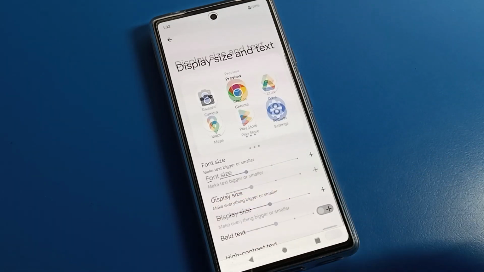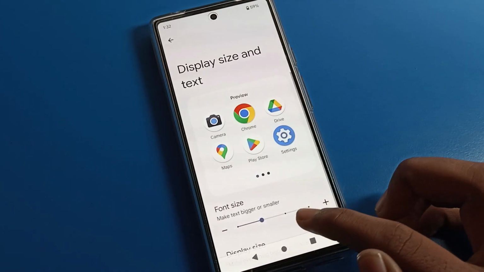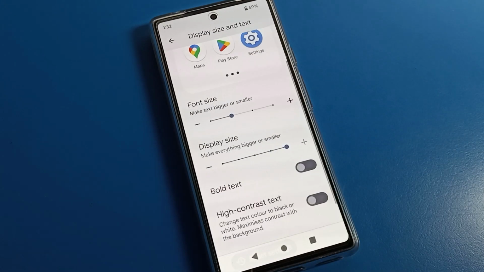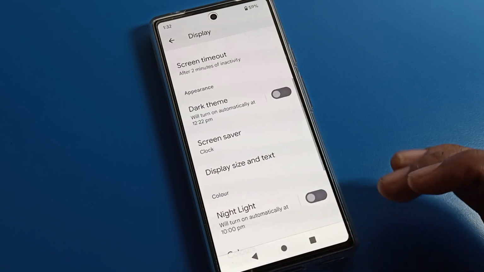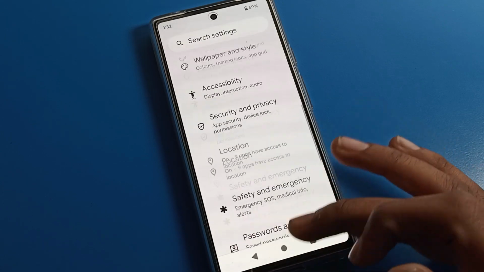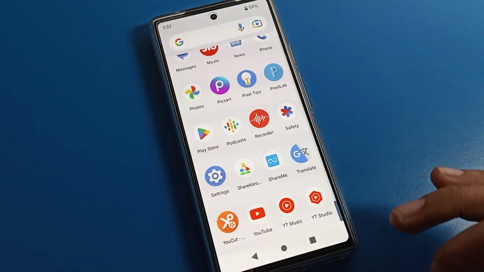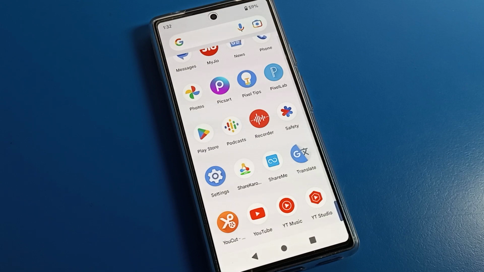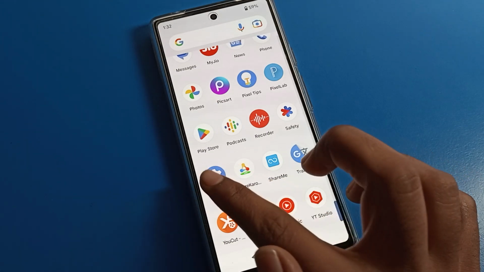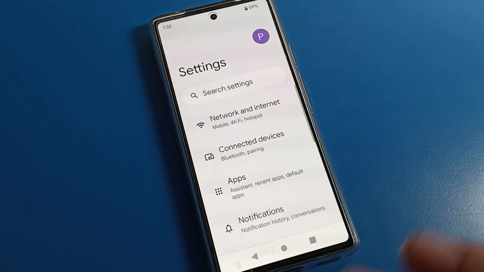So for display size, you can see a larger size option. If you want to change it, you can change it. You can see the phone display size will change on a Google Pixel phone. Like that, your display size will change. And if you want to set it to default size, meaning normal size,